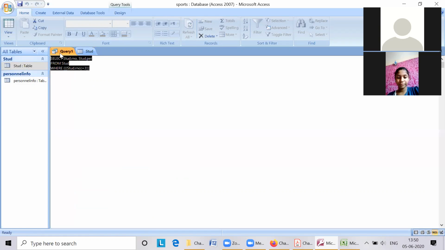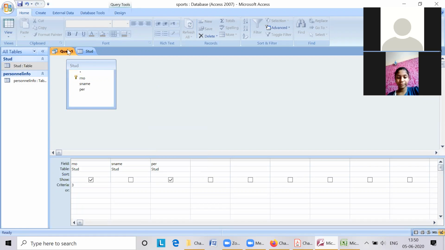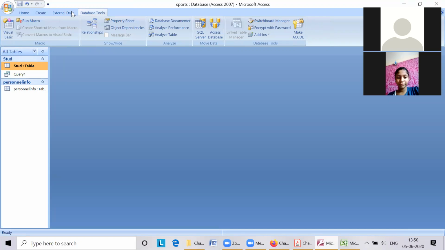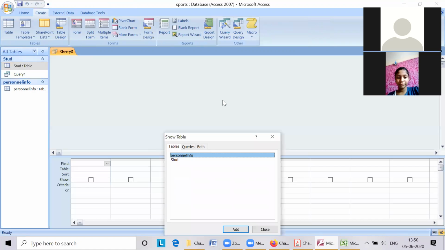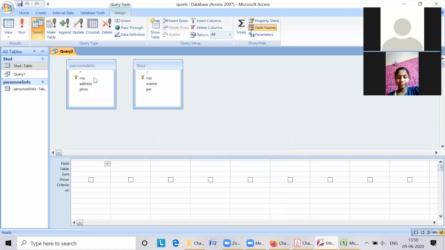Now what I will do? Query. I will add both these tables. Added. Okay. Can you see both roll numbers over here?